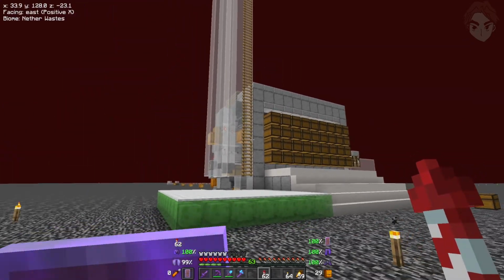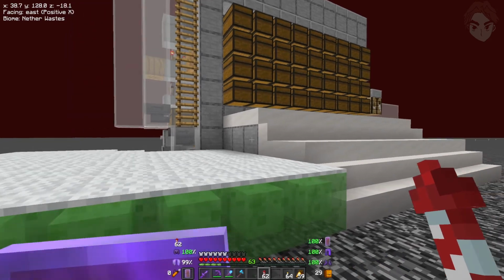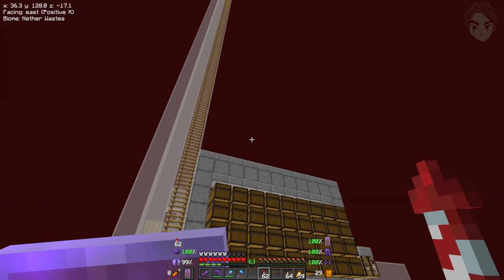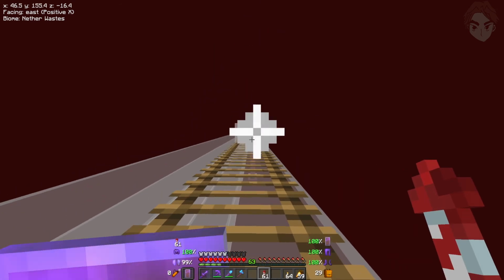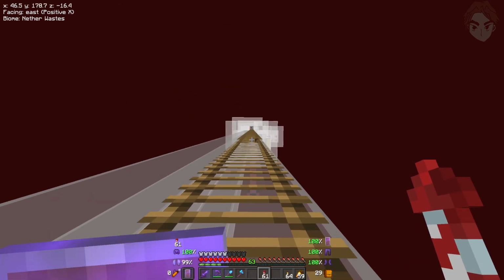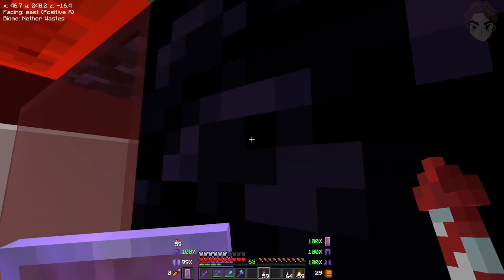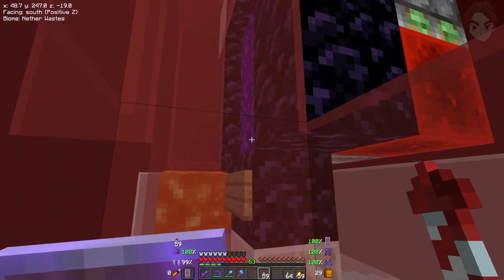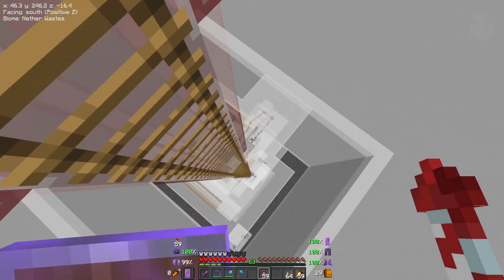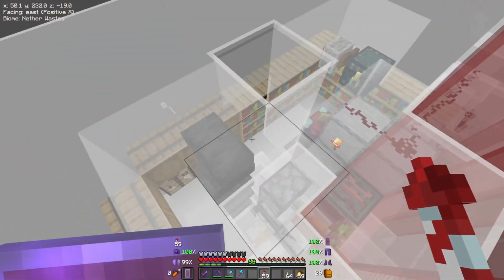So this contraption is, again, a storage system, but there is a unique thing special about this, and I'll show you guys once we get up there. Okay, we are up here now. The portal is turned on. And over here